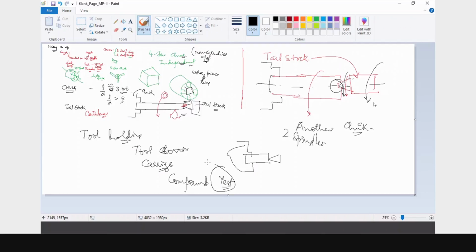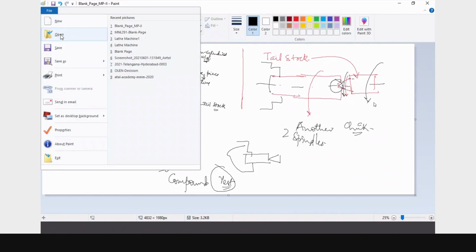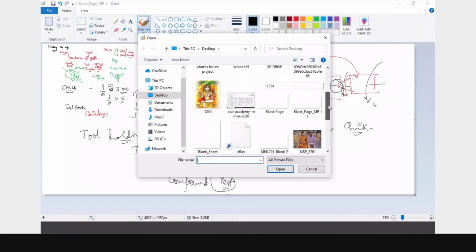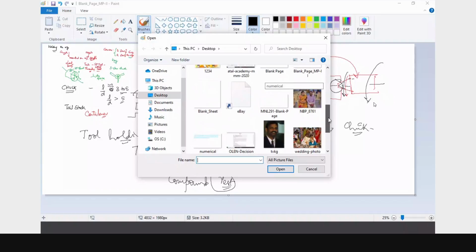As I told you, the tool post, let me open the image of the lathe we were talking about. Last time I showed you the lathe.